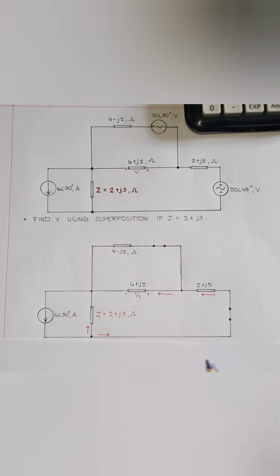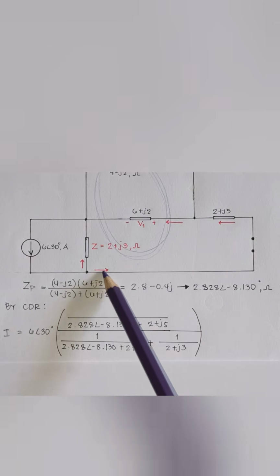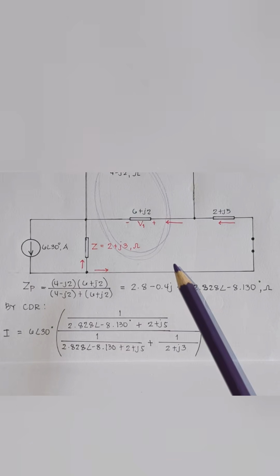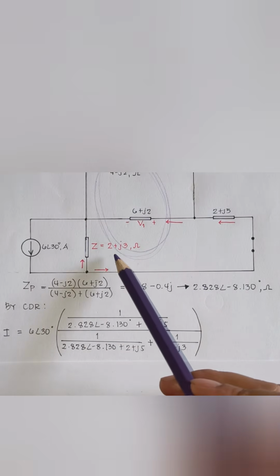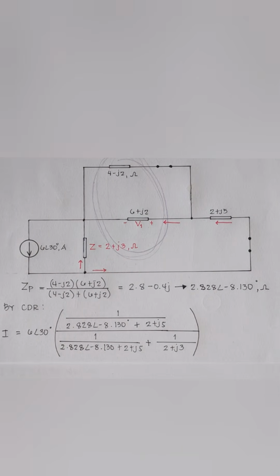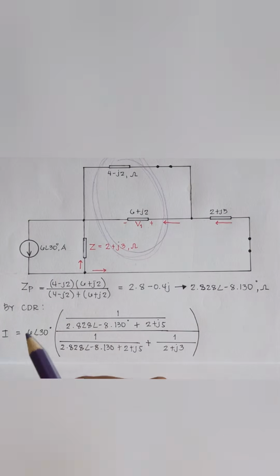Let us begin by finding the voltage due to the 6 angle of 30 degrees ampere current source acting alone. Since the current source supplies current to parallel branches, we apply the current divider rule, or CDR, to find the current flowing through the branch containing the impedance of 2 plus J3 ohms. By doing CDR, we have I is equal to the current source, which is the 6 angle of 30 degrees,